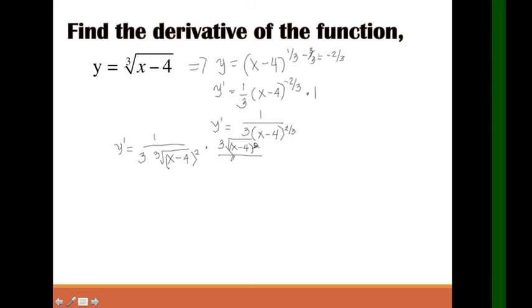Okay, over cube root. Hindi ko lang siya maisulat ng maliit. X minus 4 squared. Okay. Then, syempre, pag multiply na natin yan, ang makukuha natin is cube root of x minus 4 squared all over,